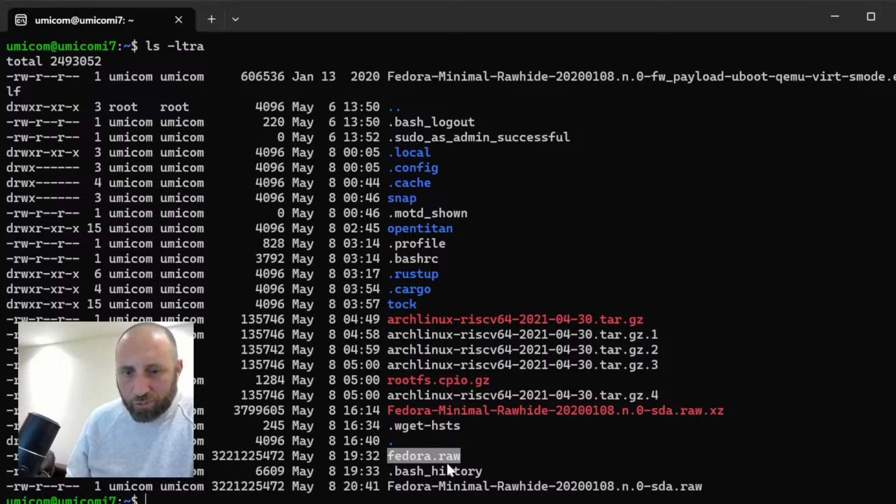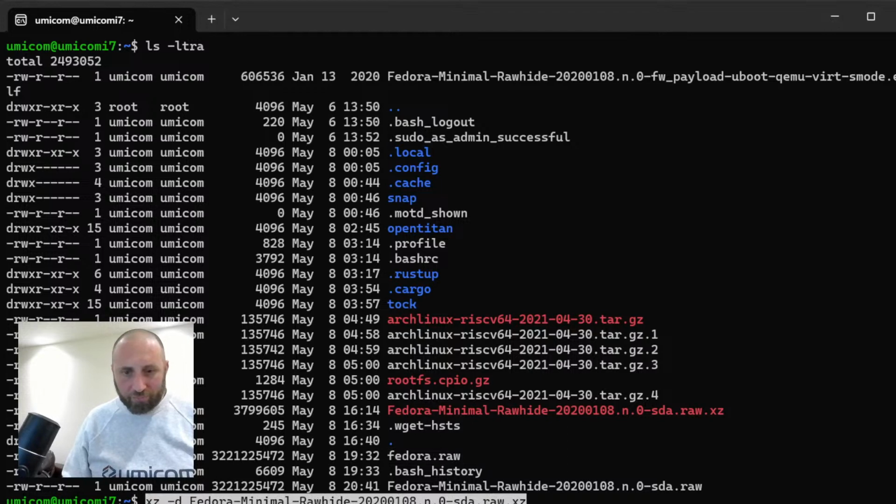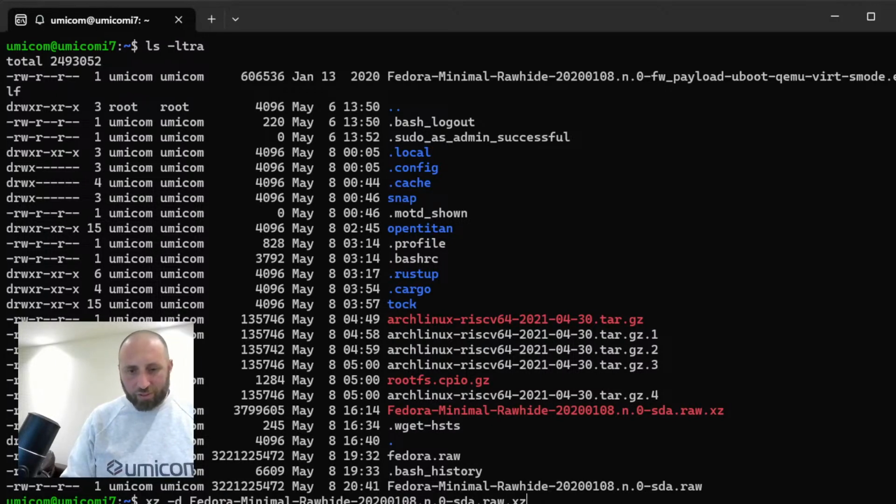So I called it Fedora Raw, and I'm just going to show you quickly how to unarchive. To unarchive, you use something called XZ. There are other tools, but I just use it because it's an XZ file. So to unarchive, you do it like that, and that will unarchive the package and create the raw file. Because I already have it, it's pointless doing it again. It will just overwrite this file. Okay, so once you've done that and this is all done,